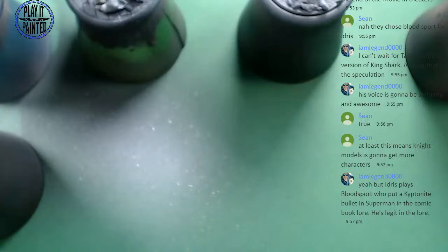Whoa, what am I doing? Got like the wrong stuff going through my airbrush right now. I'm like beating up my airbrush. Okay, which is actually pretty normal for me. I really do abuse my airbrush. So if you want to know about what you can and can't get away with with an airbrush, I'm probably a pretty